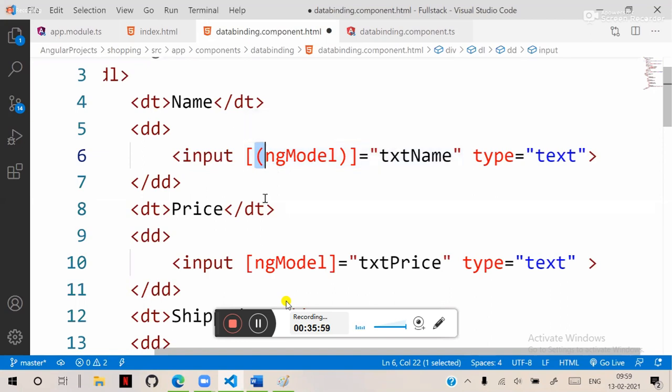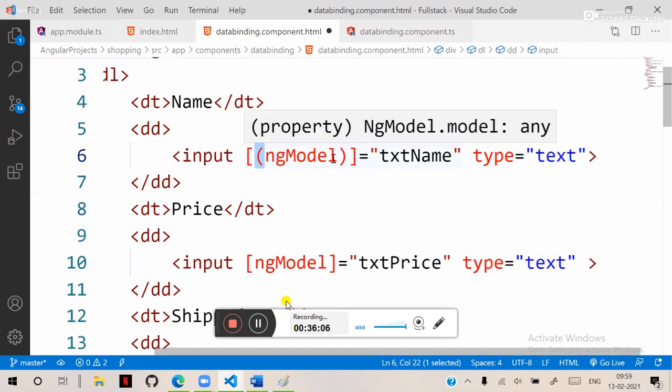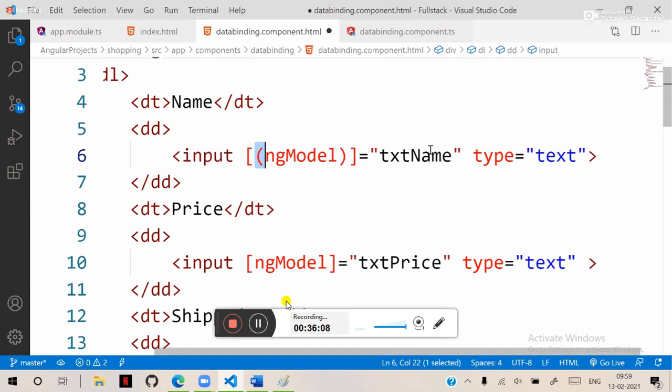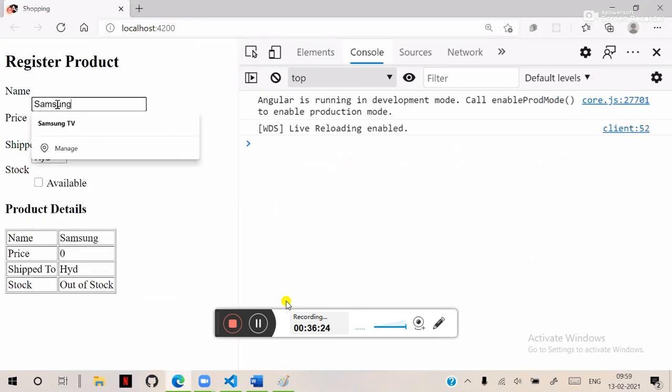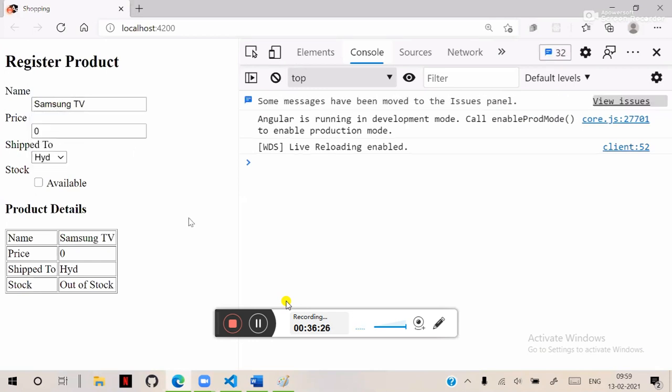You can write different events, click event and so on. I will show you. By default the event is change. On the change event, this value will be updated back. This is two-way binding. That means we are getting the value and we are updating the value. And observe, only name is doing it. Now see here, I remove that name and I type here, then it is working fine. It is updating back. That means actually this symbol indicates